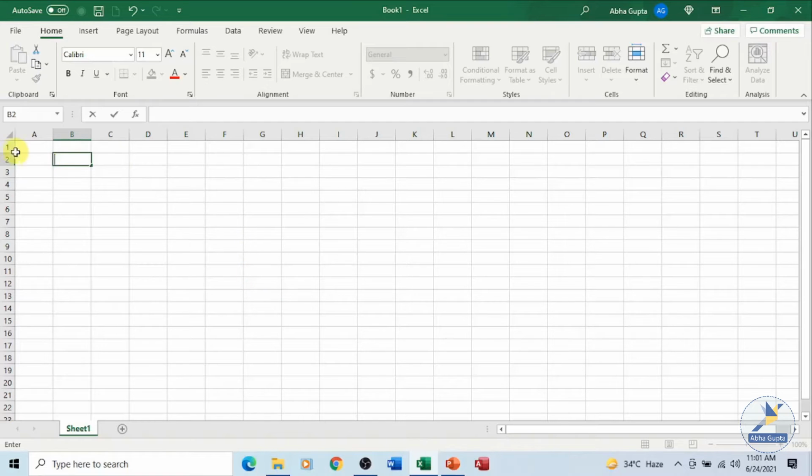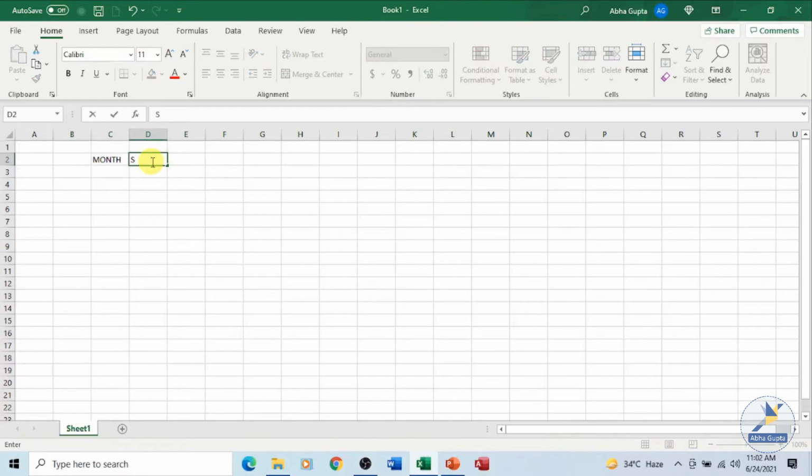To enter data in a cell, we have to bring the pointer to that particular cell where we want to enter the data. Say for example, I want to enter data in this particular cell C2, this one. So just have to make it the active cell, and once it is active, you just have to start typing the contents. Say I am taking a small example which we will be using for formulas as well. Say we enter month over here.